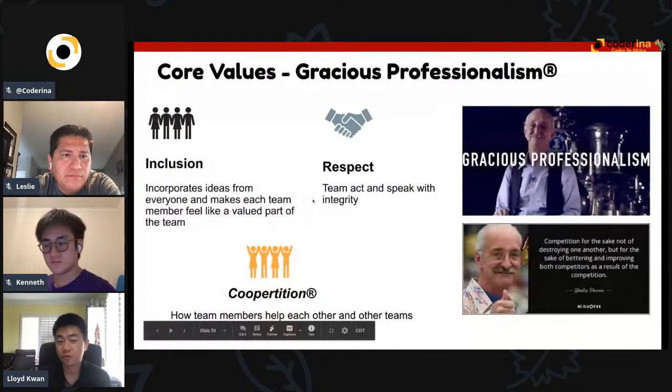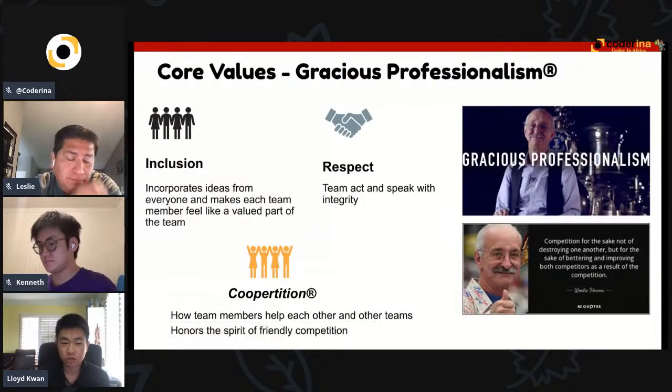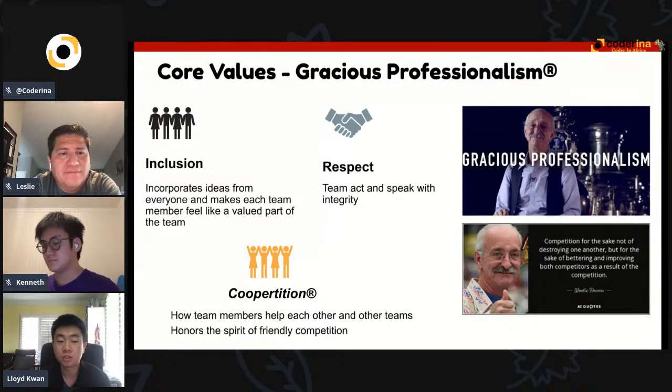Finally, we have gracious professionalism. With gracious professionalism, we have inclusion, respect, and cooperation. Being able to balance all these three aspects when it comes to embracing each other and respecting each other are very large ideals when working on the team as well as outside the team. Judges want to be able to see that you work